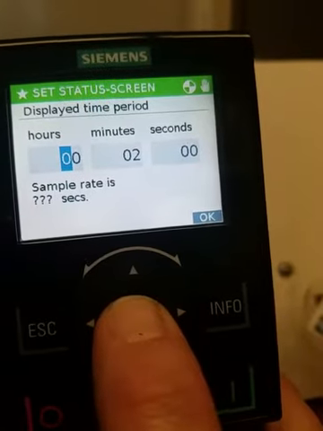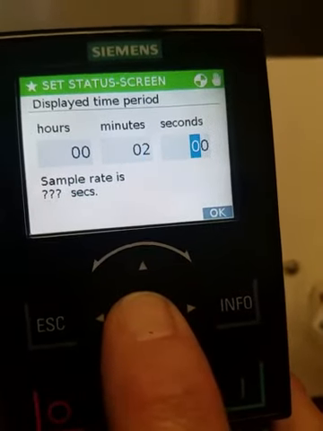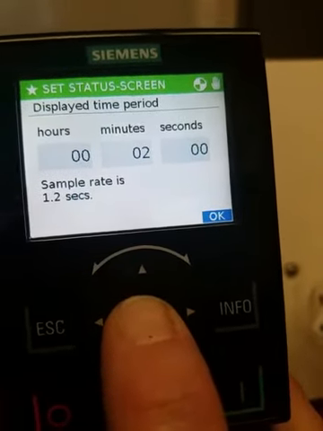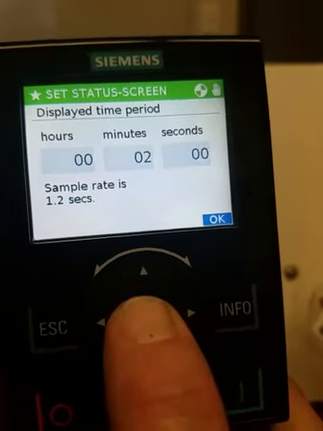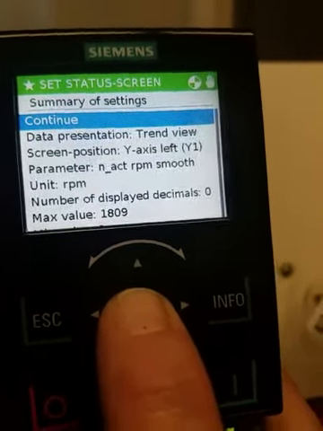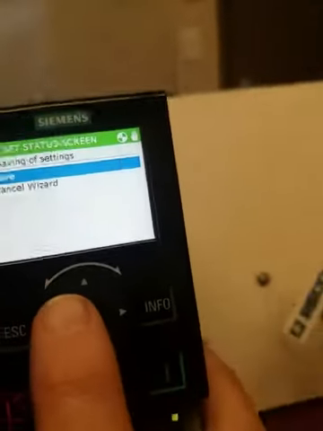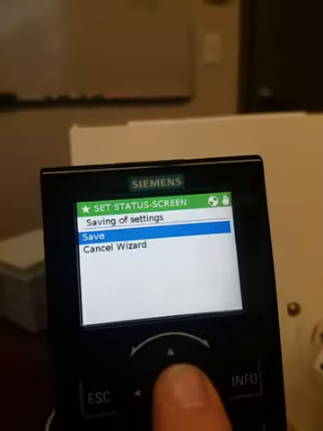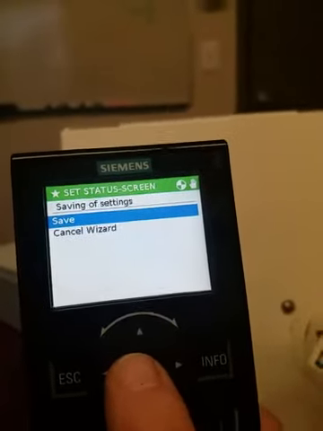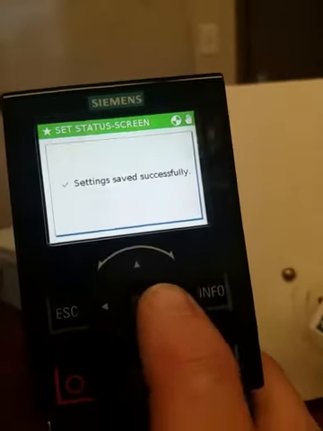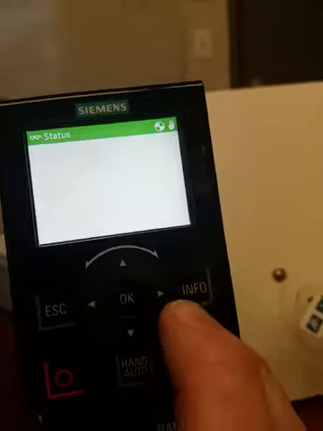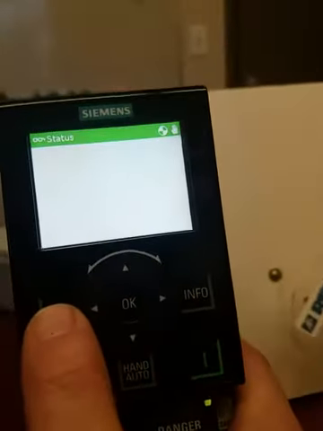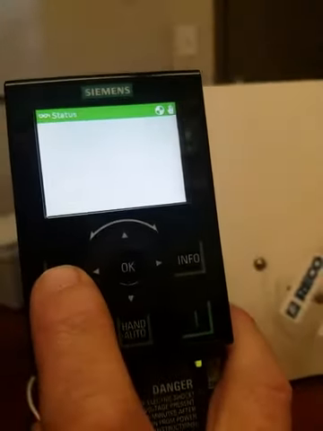I can tell you that 2 minutes is the minimum that you can display. So we will OK our way through that. It says that our sample rate is going to be every 1.2 seconds. I hit OK and continue and save, and we're going to save these settings for trending. So once I hit the save button, you'll see that a little bit of time transpires and it says settings have been saved correctly. So now I hit escape on the IOP,